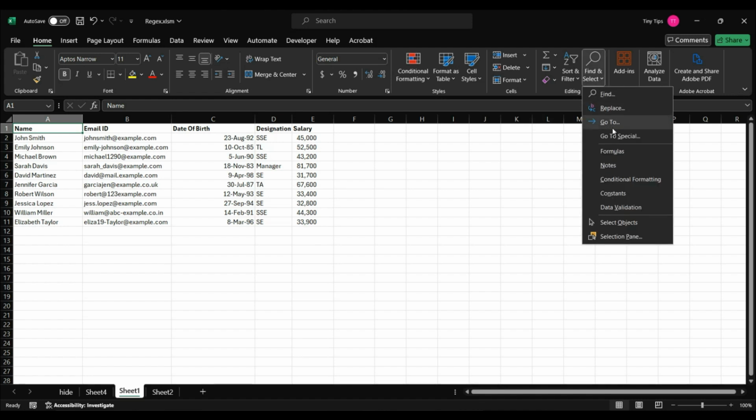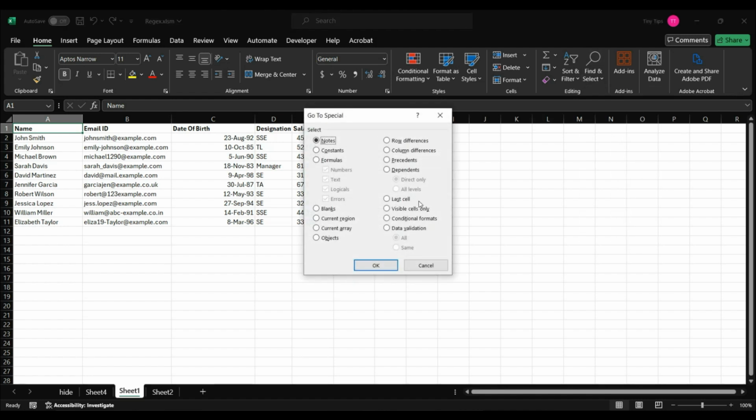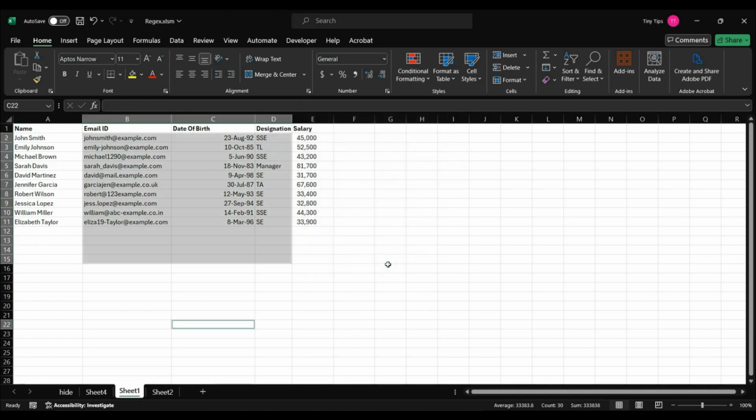We will open the Go to Special wizard. Select the data validation option. We further get 2 choices to choose from: All and Same. We will see the All choice first. As the name suggests, it will select all the cells on which we have applied data validation, irrespective of the type of data validation. Let's see it. Click OK. We can see that the cells of all the 3 columns on which we applied data validation are